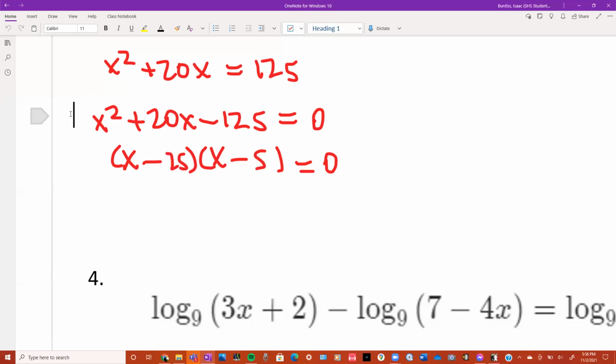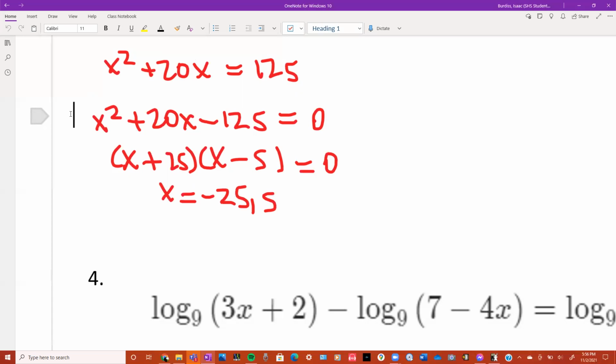You might have been able to think of it, maybe not, but any number that ends in a 25, 50, or 75 usually can be divided by 25. Let me see if that's always the case. Yeah, it is. So if we know that 25 times 4 is 100, add another 25, that's 25 times 5, and that's 125. Okay, so 25 times 5, and we need to make a positive 20 and a negative 125. Let's do this. Okay, then we would find that x is negative 25 and 5, but we have to check